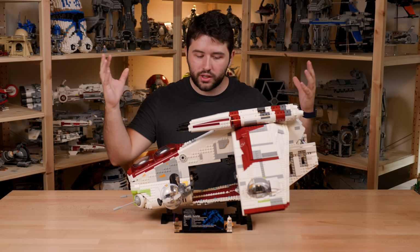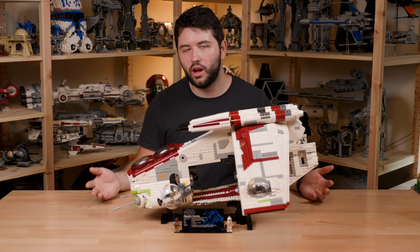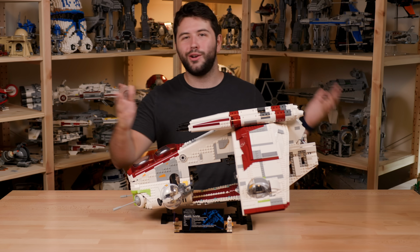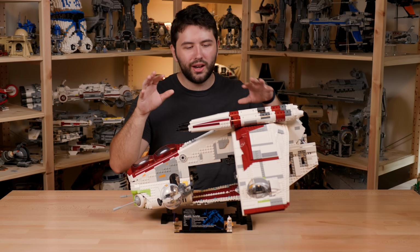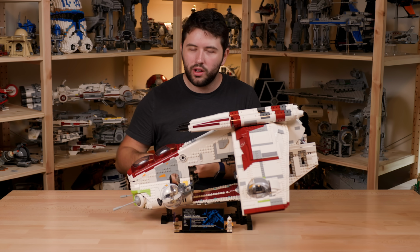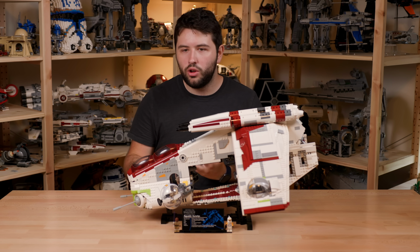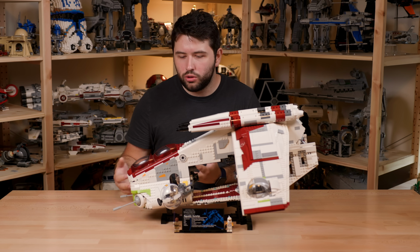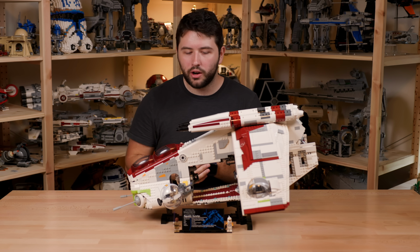So, minifigures, I realize this is going to be kind of a controversial thing. I'm sure some of you had hoped for other types of minifigures, whether it's like a Commander Cody, Captain Rex. Of course I would have wished for that, but this is an Attack of the Clones set, and so you're kind of limited to what figures you would include. Maybe it could have been Anakin and Obi-Wan, or maybe a new Phase 1 normal Clone Trooper. I think, if anything, I wish we got a Clone Trooper pilot minifigure, and I actually asked